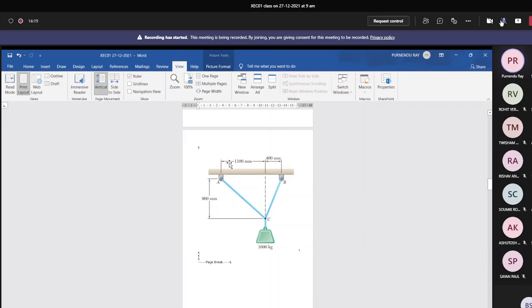Because you need to form that triangle, a closed vector polygon, only then can you apply the sine rule: small a divided by sine capital A is equal to small b divided by sine capital B, which is equal to small c divided by sine capital C. There you change sine A in the form of sine (180 minus capital A), sine B in the form of sine (180 minus capital B), or pi minus capital B, and similarly sine capital C is equal to sine (180 minus capital C). This is possible only when you can form a closed vector polygon, that is a triangle, using those vector magnitudes, and that is only in equilibrium.